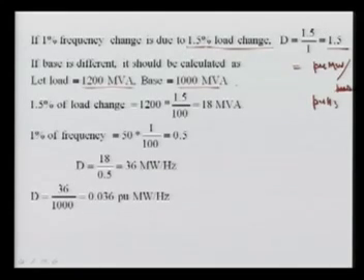we can calculate the actual change, that is the 1% load change. Here 1.5% load change is equal to your load 1200 multiplied by 1.5 divided by 100, since we are talking about percentage. So we are just changing 18 MVA load, or if the power factor is normally unity, then it is 18 megawatt. Now a 1% frequency change means, as your frequency is 50 hertz,